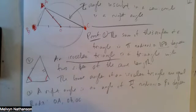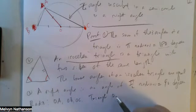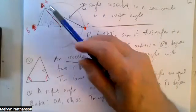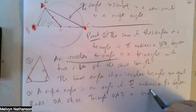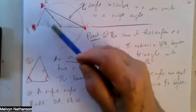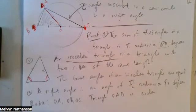Now, if you look at this, you'll see that triangle OAB, that's this triangle, the triangle where the vertices are at O, A, and B, is isosceles, because OA and OB are radii. So these two have the same length. So OAB is an isosceles triangle, which means